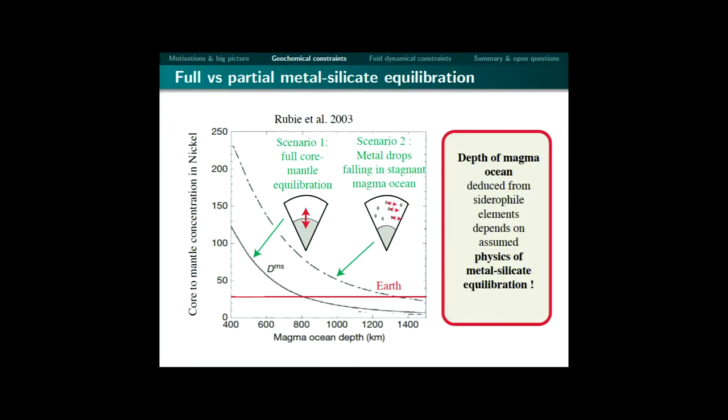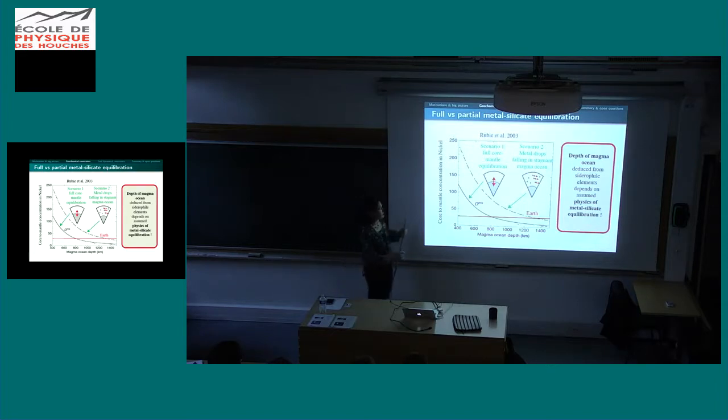Okay, so this is important for the timing, but also for pressure and temperature. And this is illustrated on this figure. Here you have the apparent partition coefficient for nickel, the concentration in the core to the concentration in the mantle, as a function of the depth of the magma ocean, so the pressure mainly. The black curve corresponds to what you get for a single event and a full equilibration of the core and the mantle. You see that this curve meets the composition of the Earth in red at this pressure. So if you follow this curve, you find a magma ocean